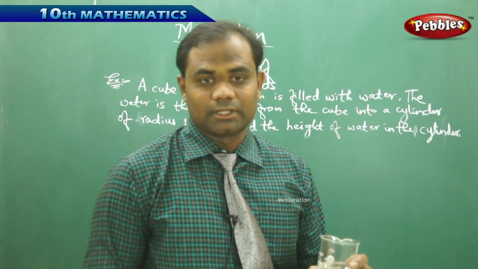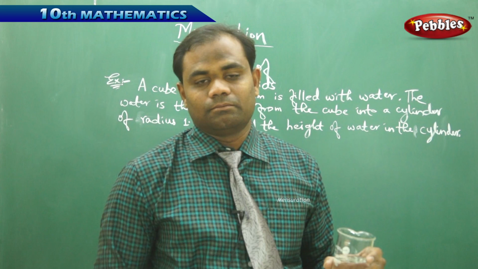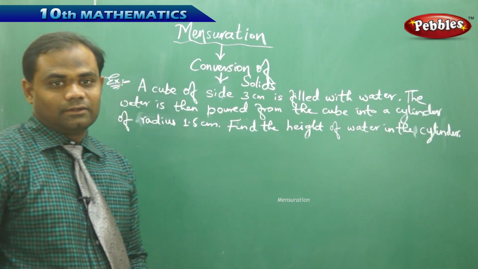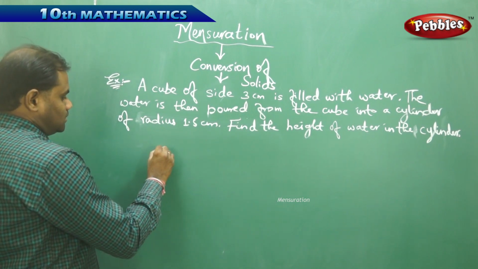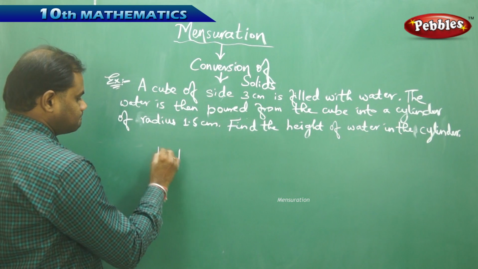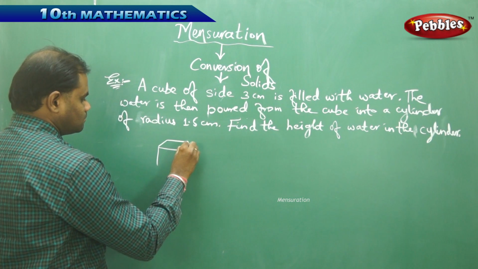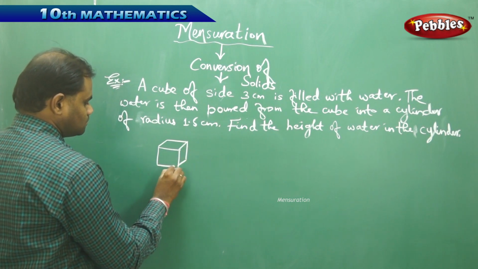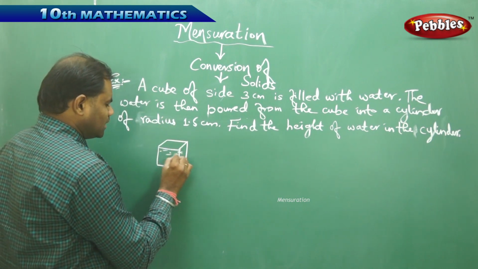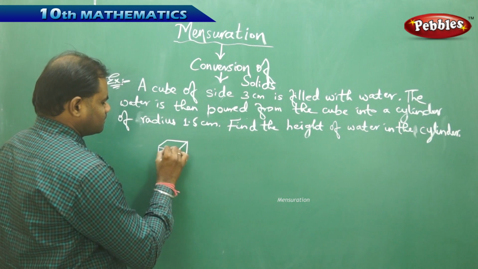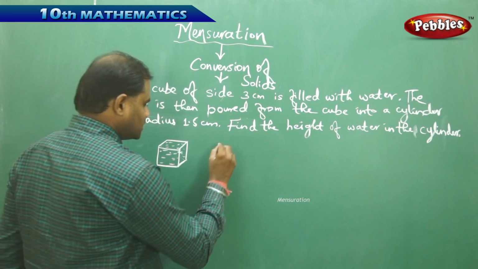So let's see how we can solve this real life problem or an activity using mathematical formulae. Now let's try to convert the real life activity into the mathematical properties. So I have taken a cube on which there's water filled up totally, and once this water is poured into a cylindrical beaker,